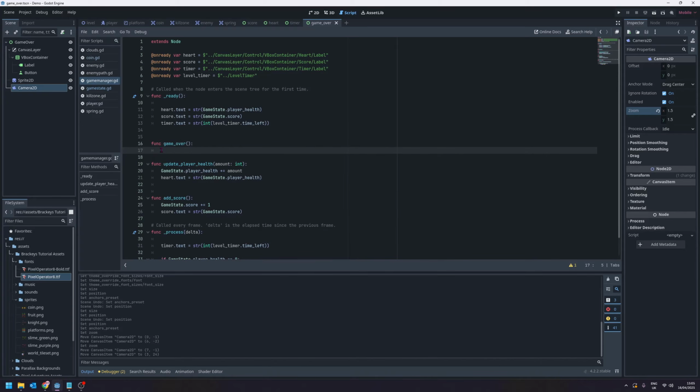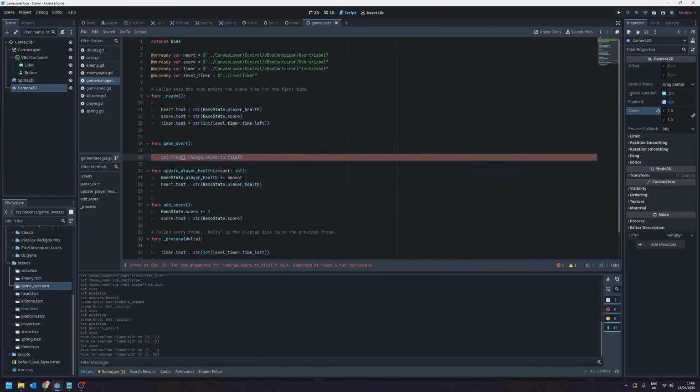And this is the function that will run when our game is over. So here's the line of code we want to add. We want to say get_tree.change_scene_to_file. Now at the moment we have an error, and that's because inside of these final round brackets at the end, we need to add the name of the file we want to load, or the name of the scene that